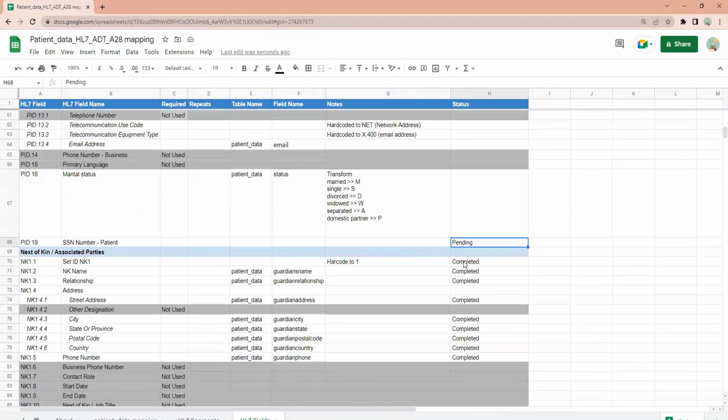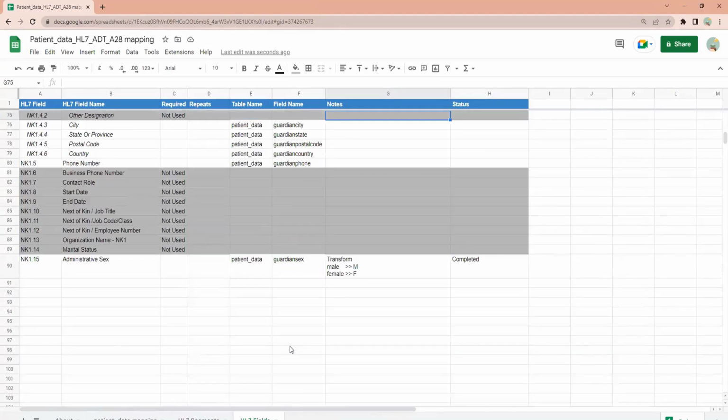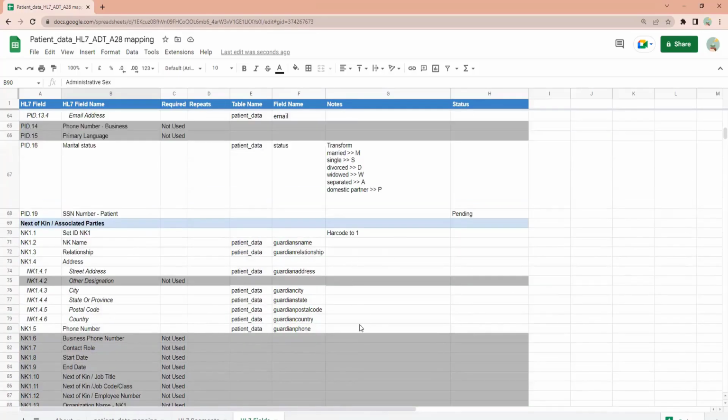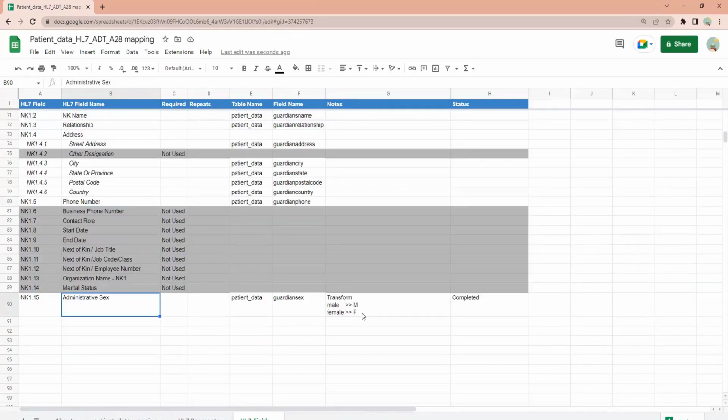And next of kin: we are going to send all the guardian information. Of course, we did not enter it, but when you enter it, ensure that the phone number and administrative sex are entered, so that the data will appear within the HL7 file.